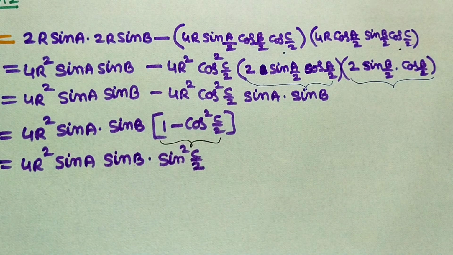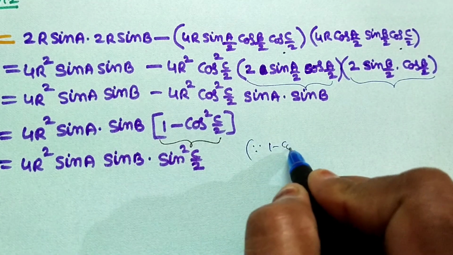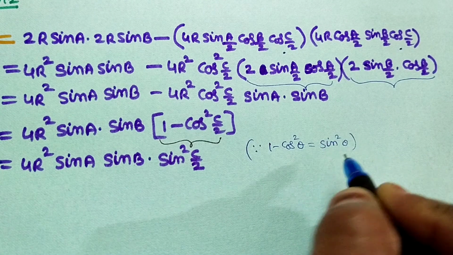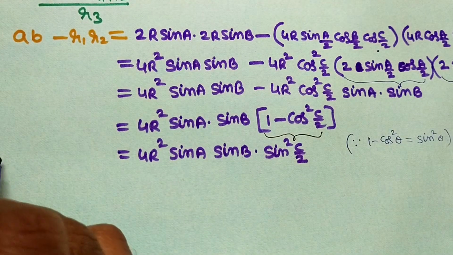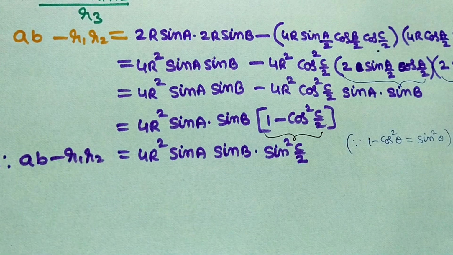If you want I'll write the formula, for those who are not able to. 1 minus cos square theta is equal to sin square theta. By using that formula only I am writing here. I think easy to understand. So therefore the value of AB minus R1 R2 is